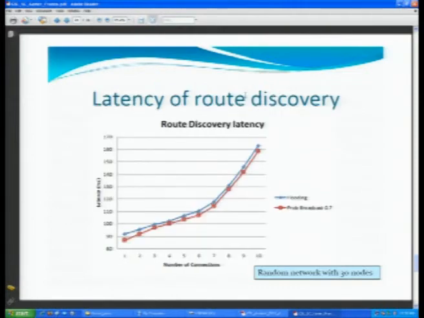And also, this is important, the latency of the route discovery. The problem when you transmit across all the channels is that you are increasing the overhead in each channel. Increasing the number of packets being transmitted in each channel means increased contention in each channel. So sometimes the packet could be dropped because of collision and things like that. So using a probability scheme to transmit, of course, reduces the number of packets transmitted in each channel, and also reduces the contention. So the latency of the route discovery